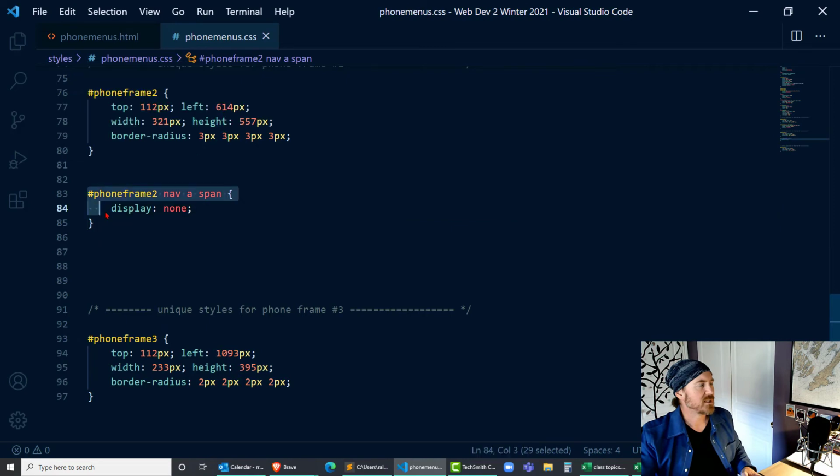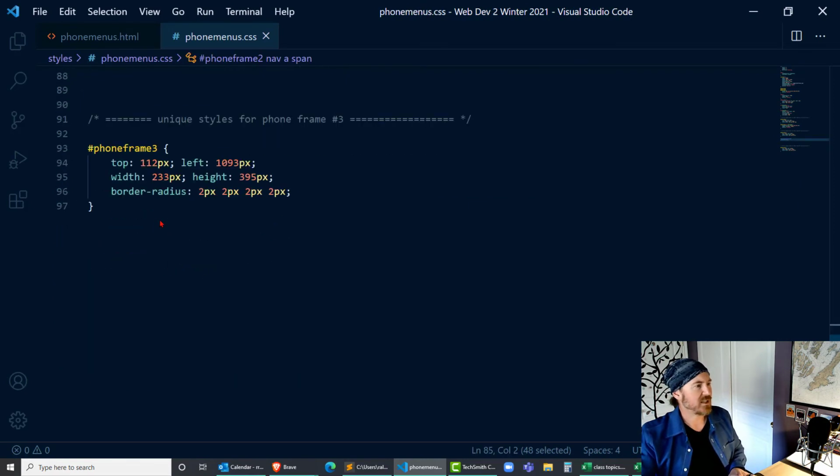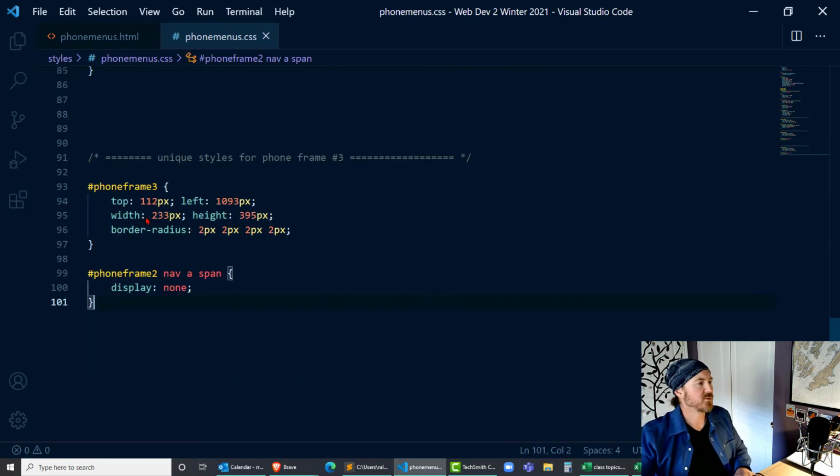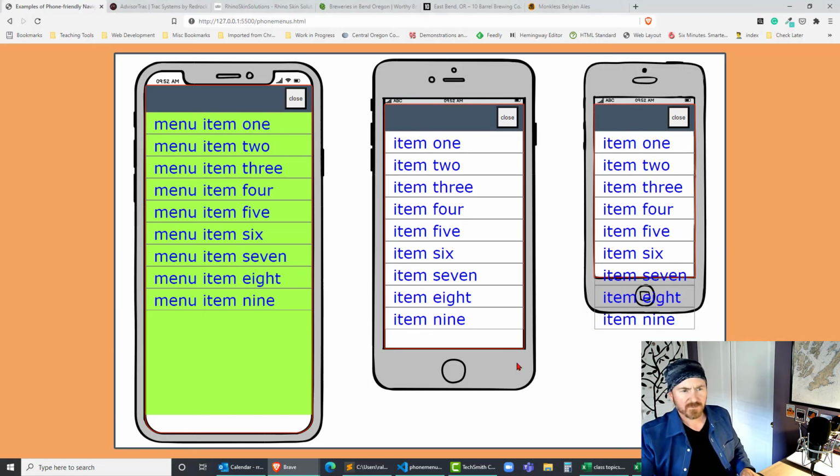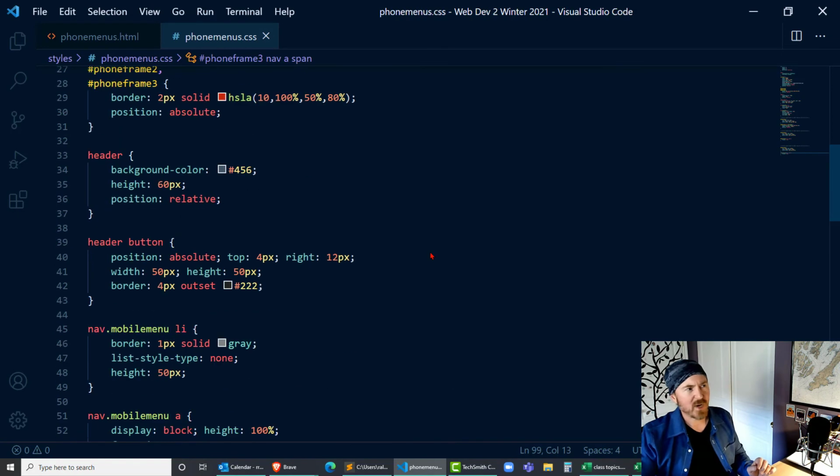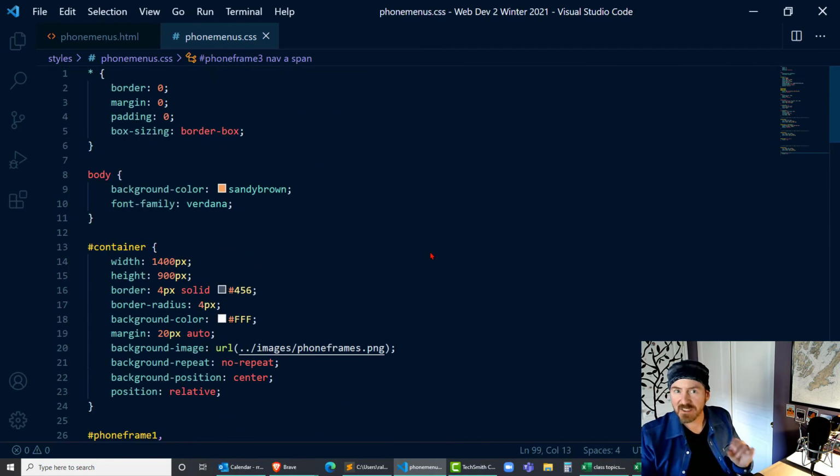No problem. Let's go ahead and copy that, pop it down here for phone 3, change this reference to phone 3. And so that's a little bit shorter. Now the other thing you're noticing, and this is probably just going to be on our demo here, you can see that obviously the height of this menu in that phone 3 is just a little bit too long. So what I'm going to do, and we probably wouldn't do this in real life, and we may have to take it off if, once we're done and if we're going to test these in real phones,